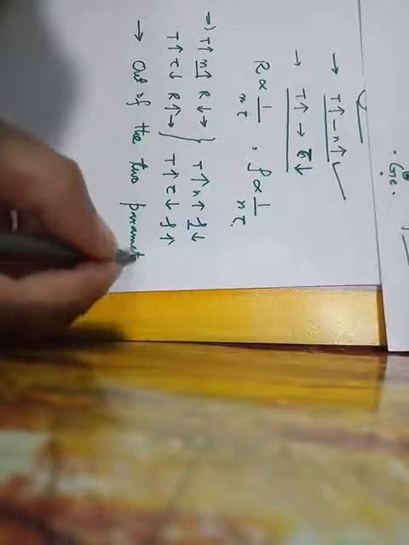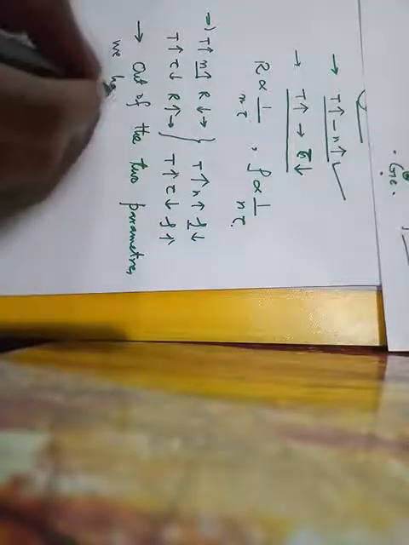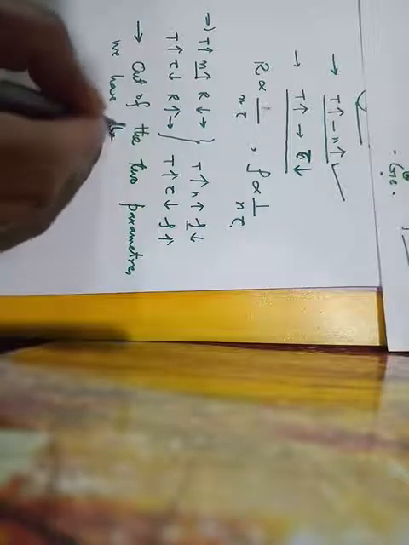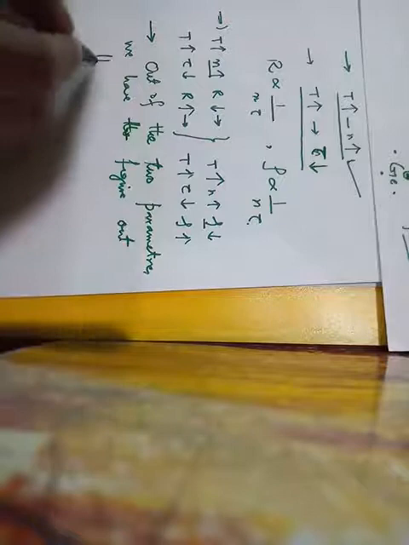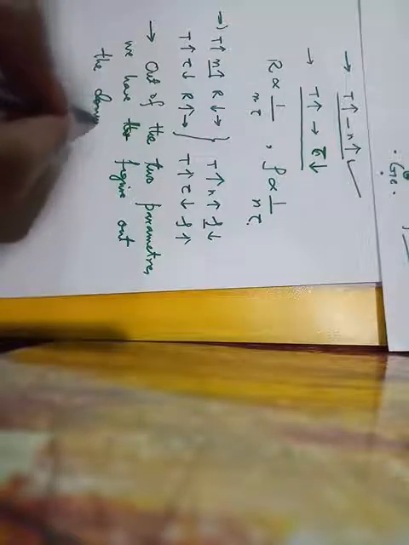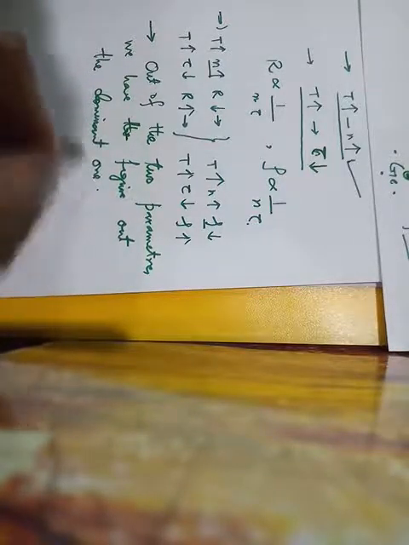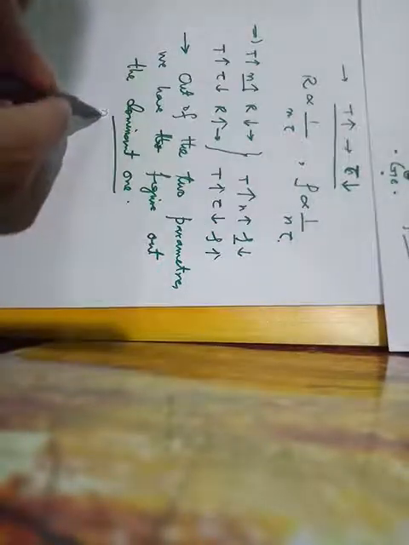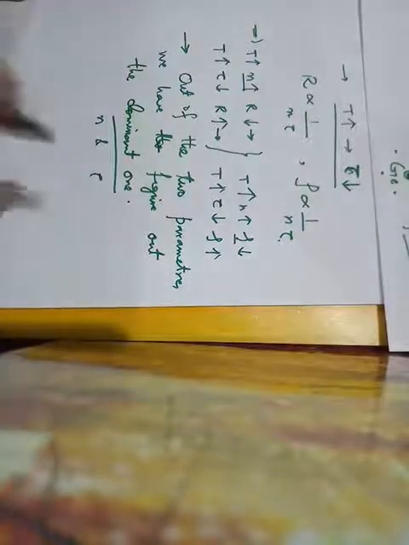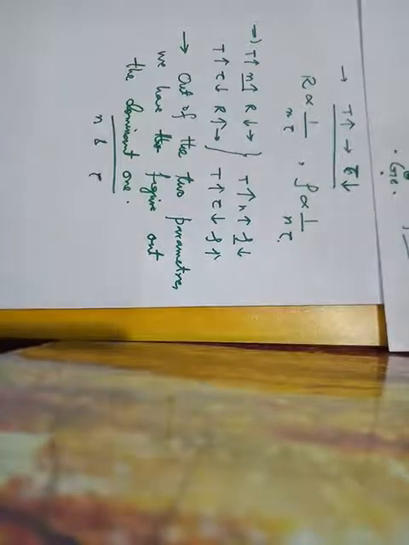out of the two parameters we have to figure out the dominant one. Out of the two parameters. Which are the two parameters? Number one is n, and number two we have the tau, that is the relaxation time. Out of the two parameters we have to figure out who is playing the dominant role